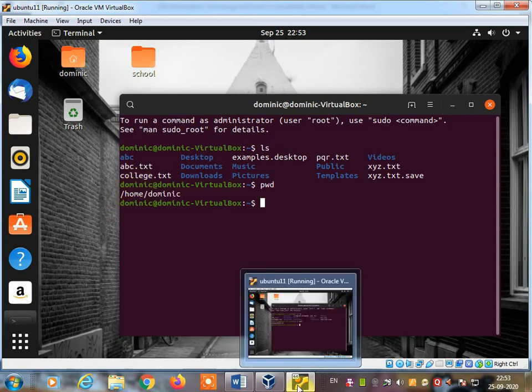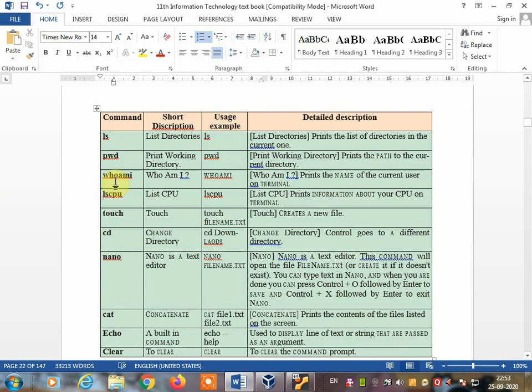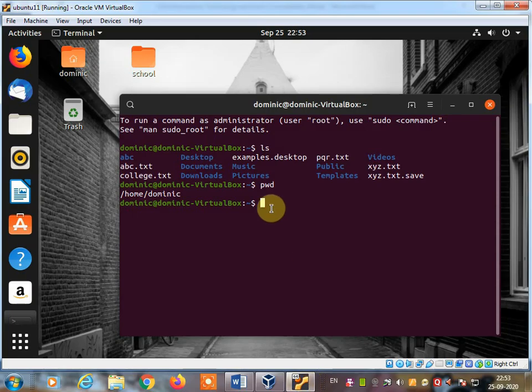The next command is whoami. The whoami command is used to print the name of the current user on the terminal. If you want to find out the current username, just type the whoami command and press the enter key.